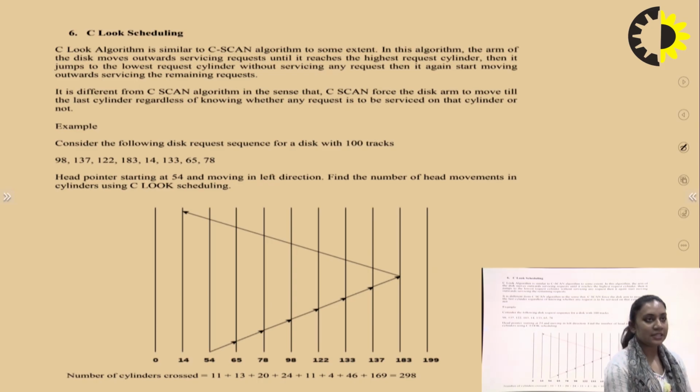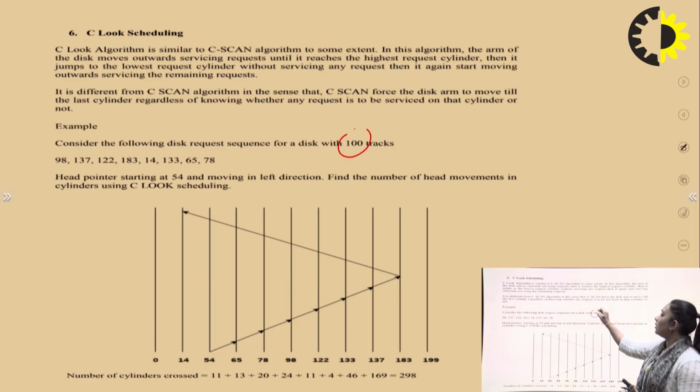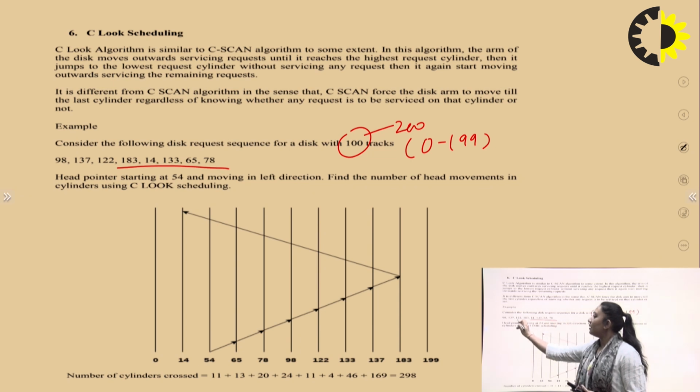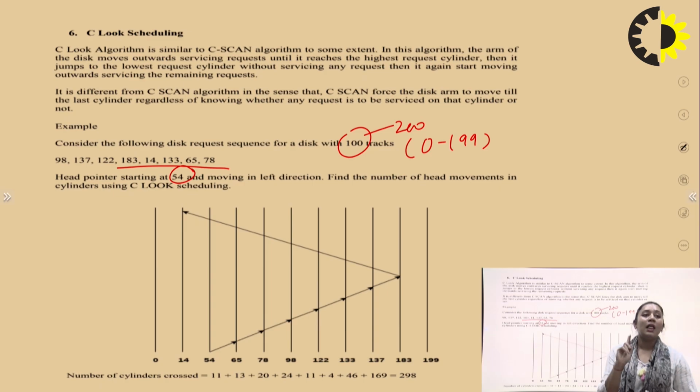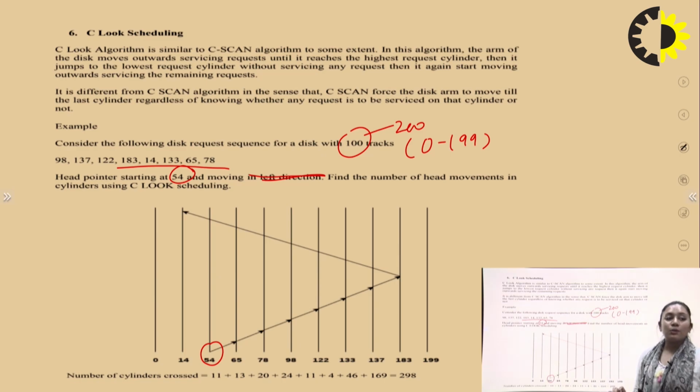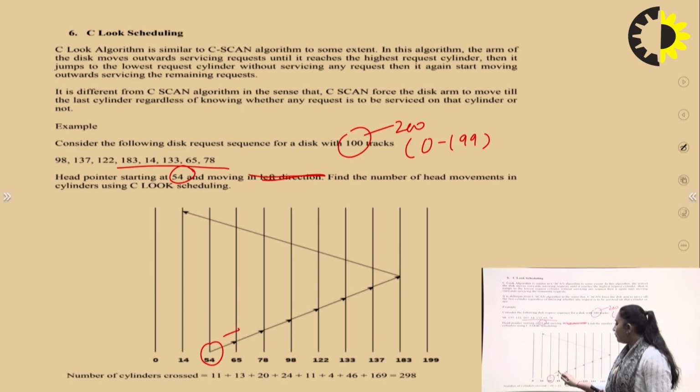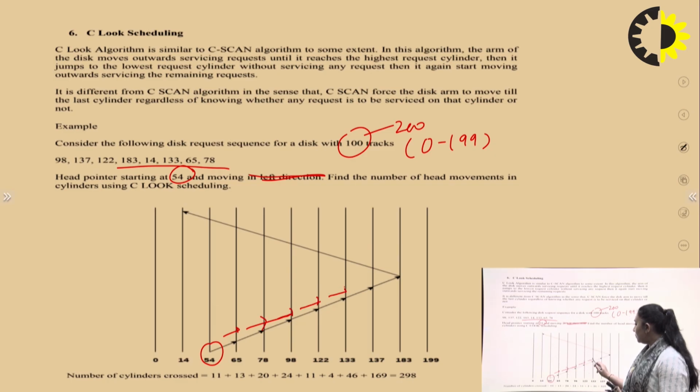As you can see in the example, again we have 200 tracks, not 100, ranging from 0 to 199. The starting point is 54, and we need to move in the left direction, right? Actually, not only left, it can move in any direction. So we take 54, and the closest element present is 65. Then 65 to 78, 78 to 98, 98 to 122, 133, 137, 183, and then we don't need